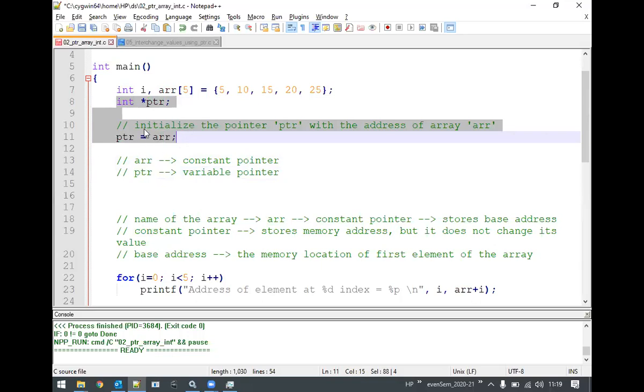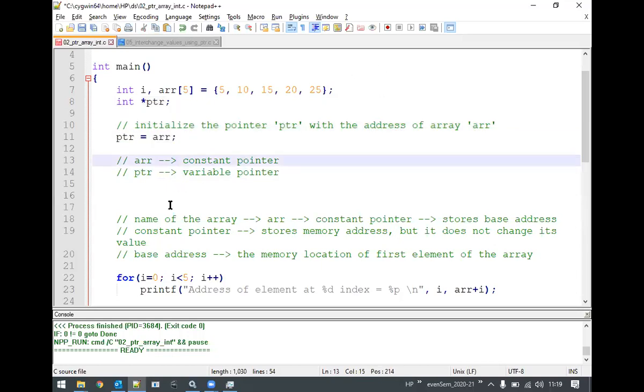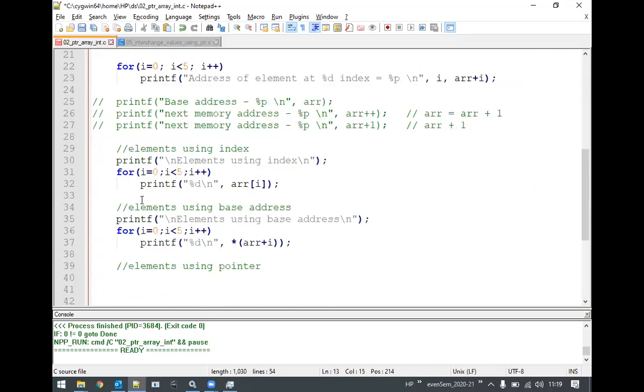Is this notation understood? Declaration of a pointer and then initializing that pointer with the address of the array. Okay, then let us move further.